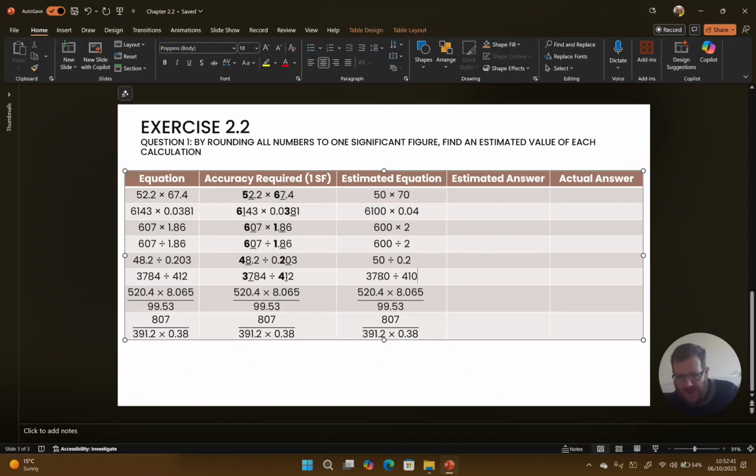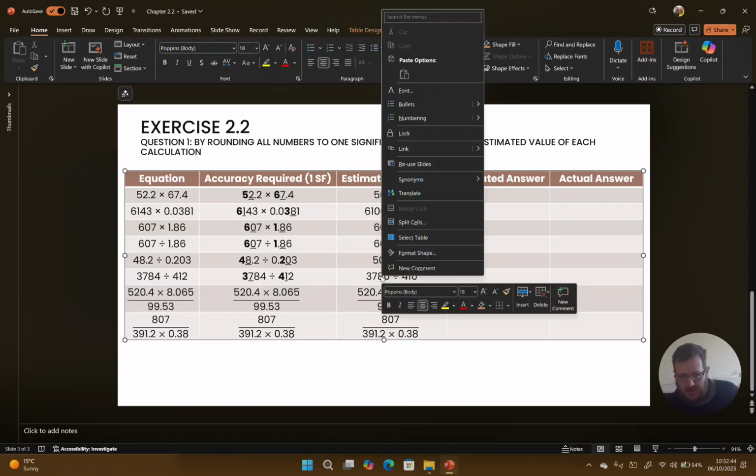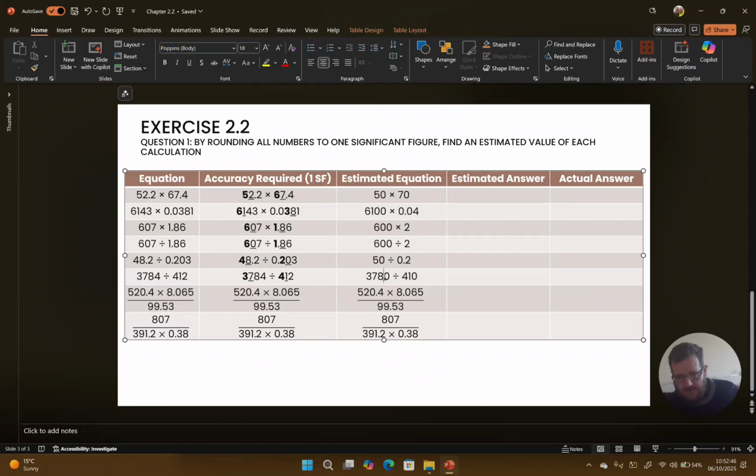And then with that in mind, because we're rounding to one significant figure, not two, we better make that 8 there a 0 as well. Because then that 7 rounds up because it's greater than 5, and that 1 rounds down. Now the next one's going to be an interesting one, because then you've got